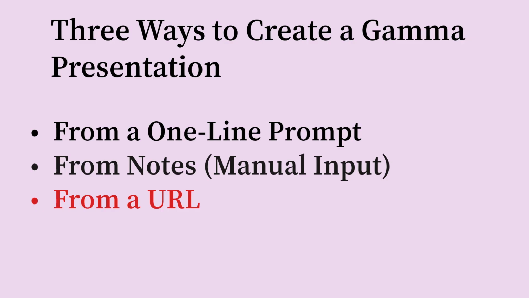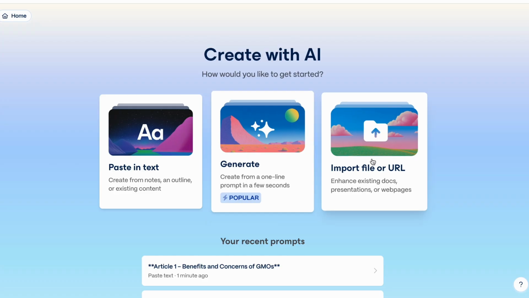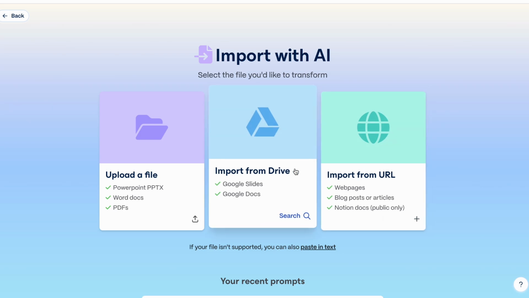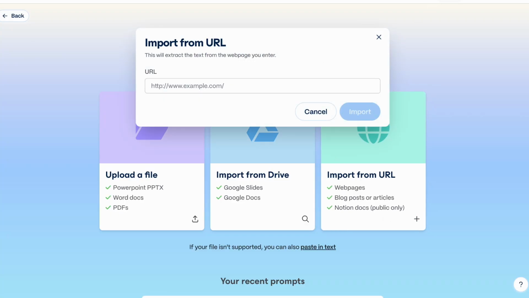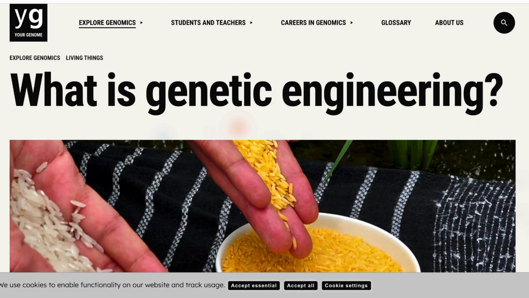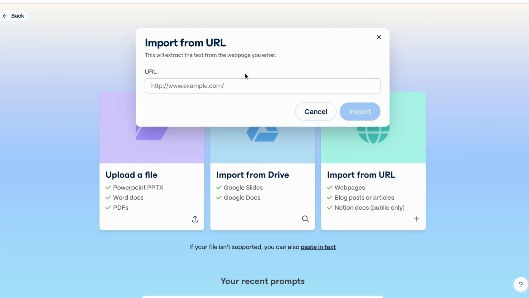And the third one, I'm going to show how you can use a URL to create slides. So for this one, import from the URL, click on that. I already have this article online, what is genetic engineering, and I'm just going to copy the URL of that one and paste it here and hit import,